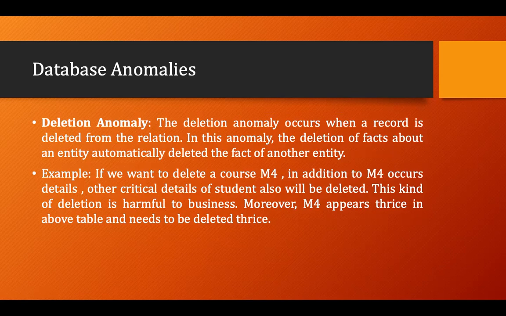I think you might have done deletion. So when we delete one row, for example, I want to delete the course M4. In addition to the M4 details, other critical details of a student will also be deleted. This kind of deletion is harmful to business. Moreover, M4 appears thrice in the above table and needs to be deleted thrice.